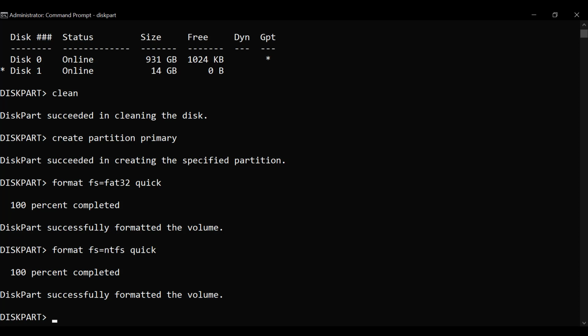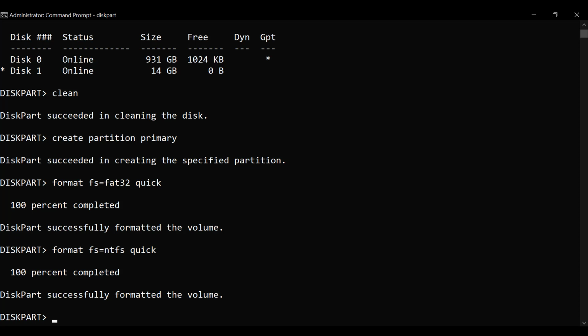You may come across an error which states file is too large for destination file system. When you try to store a single file, keep in mind a single file which is larger than 4 GB, that cannot be stored in FAT32 file system. But you can easily store the files which are smaller than 4 GB. It's recommended that you use FAT32 file system for your flash drives as it's compatible with many devices. I will make a separate video where I will list the pros and cons of both NTFS and FAT32.